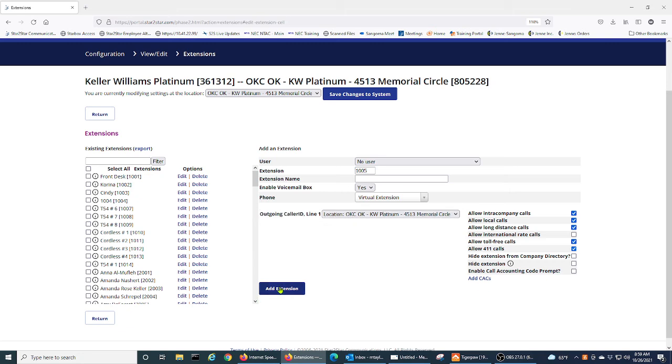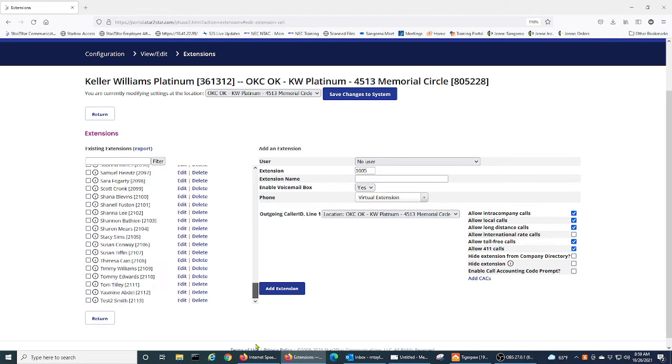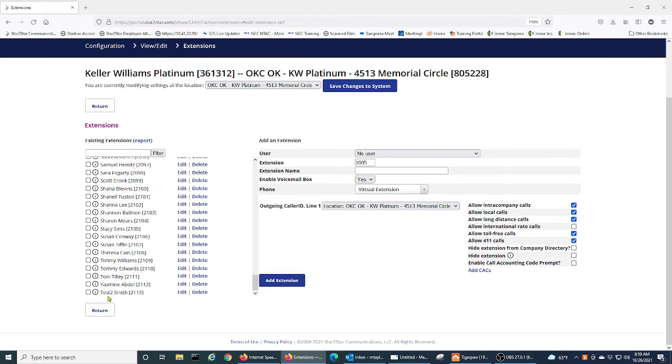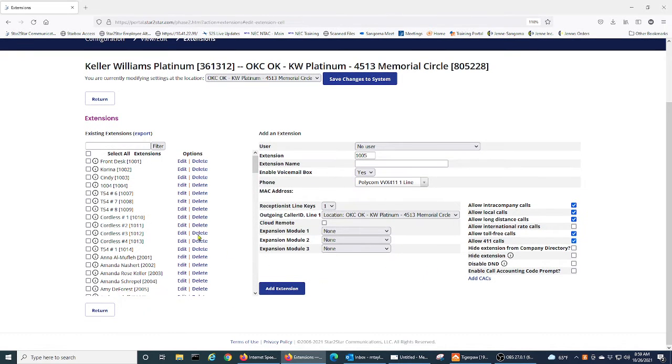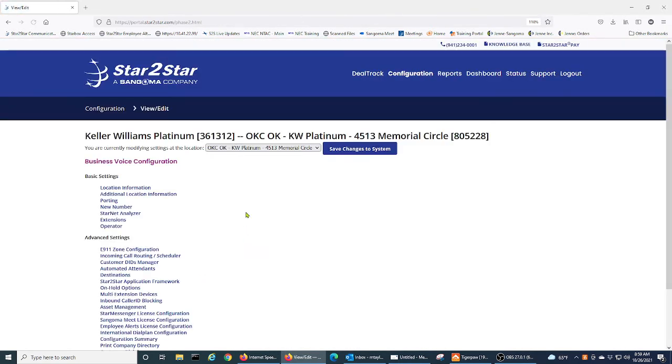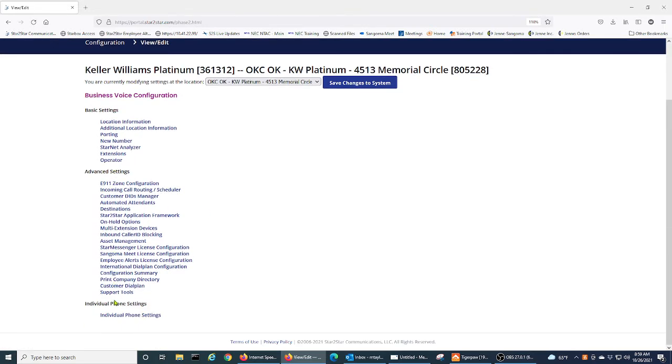So I'm clicking Save. Now we go back in and look at it. We can see now the name is correct. It's no longer Test 1 Taylor. It's Test 2 Smith. Same virtual extension number. You can see here's all the information, like we wanted it. Now we hit Return and go down to Individual Phone Settings. Click on this